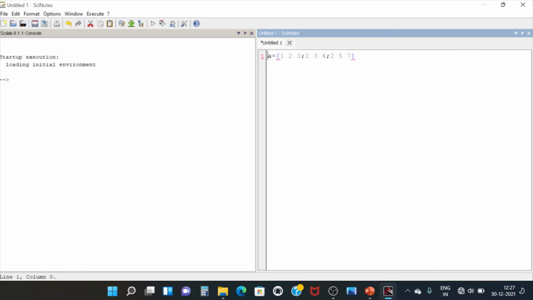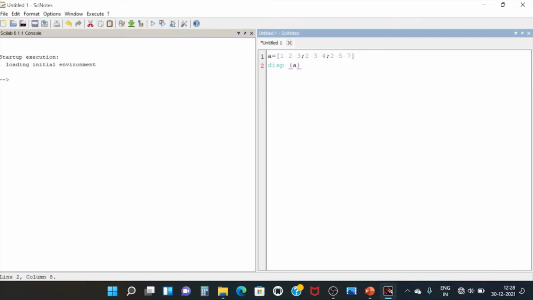Here I want to display this matrix. For that, what do I have to write? disp is the command. Then in the circular bracket I define the matrix we considered, A. If we run this 2-line code, the considered matrix will be shown in the console window. For that you have to click this button, which says save and execute.